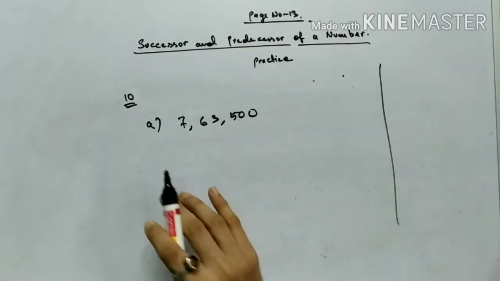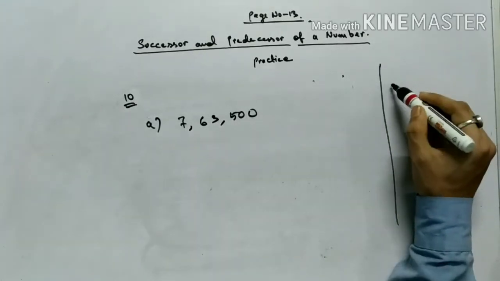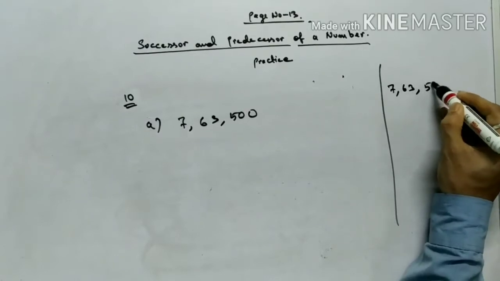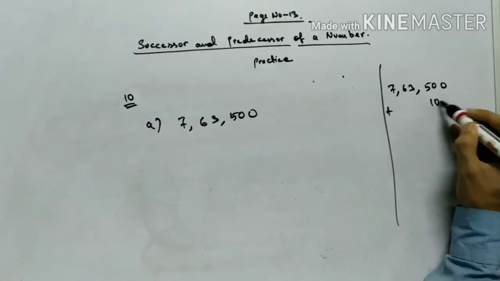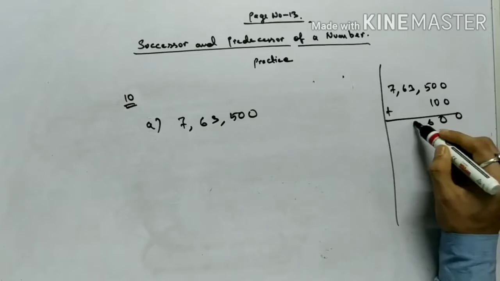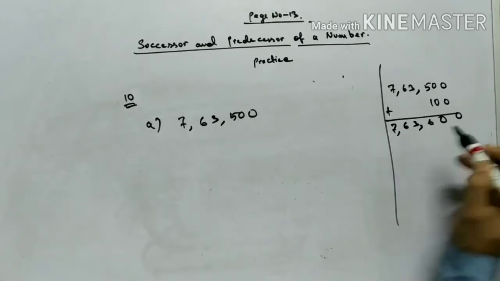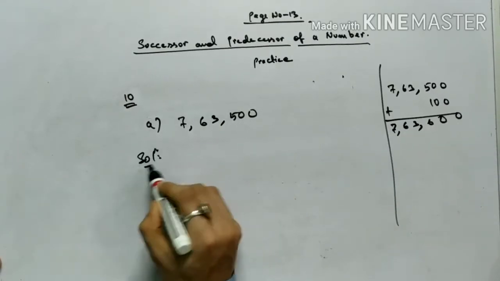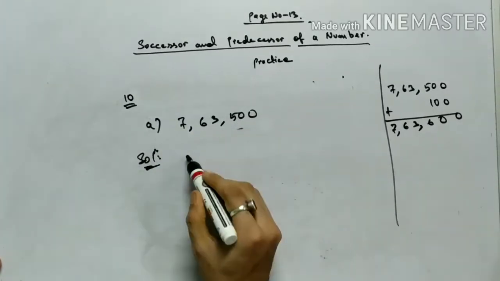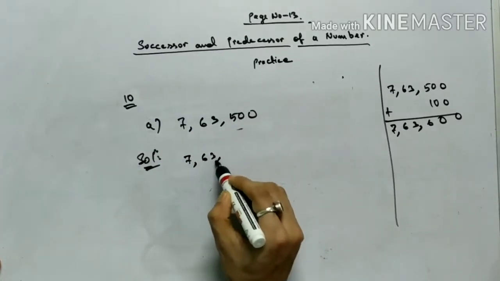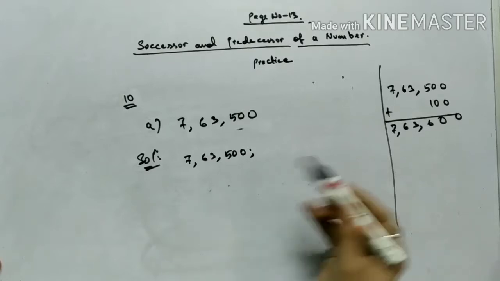So skip in hundreds. Okay, skip in hundreds. So what I will add? 100 I will add. Since it is starting from 7,63,500, first of all I will write this number, and then the next number it will be